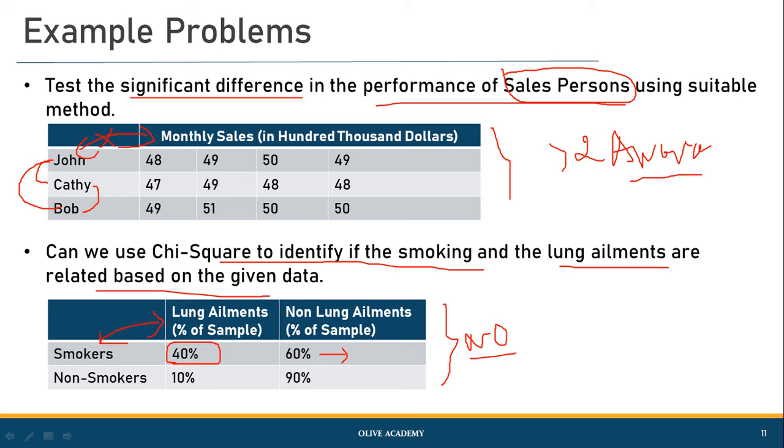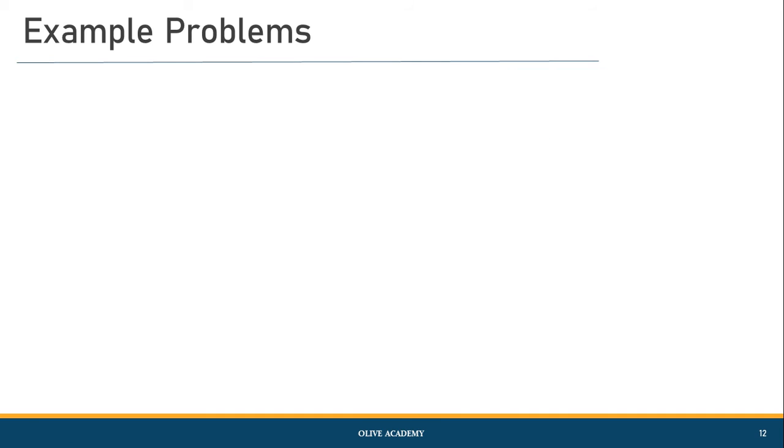So you cannot apply chi-square if the data is given in percentages or in proportions or in some kind of ratio. You cannot apply chi-square test for that. So the answer is no for this question. All right. Had it been given in the actual numbers? Yes, but that is what we have already seen.